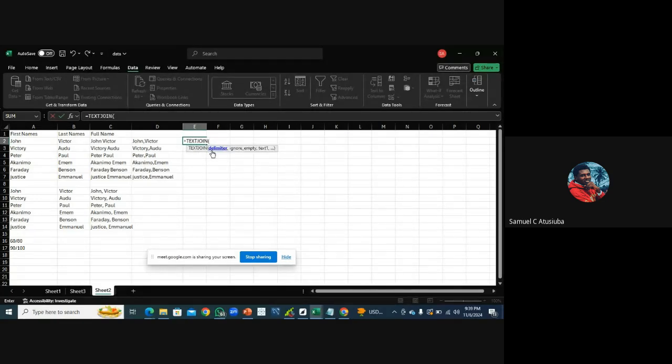What delimiter do I want to use? I want to use space, comma. Now, ignore empty cell. True ignores empty cell, while false includes empty cell. What I want is true. I don't want my function to be included in any cell that is empty. So I select true,